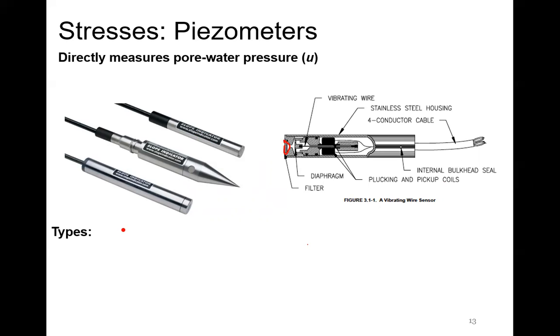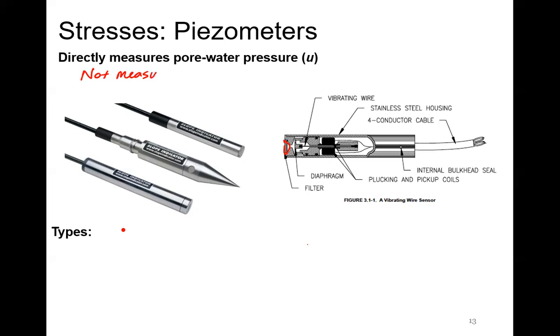And the same thing as before, we pluck the vibrating wire using a little magnet that's connected to a cable, which is connected to your data logger. And then we measure that frequency. If the water pressure is super high, then that frequency is going to be really high or really low, I don't remember which way it is. But it'll change and it can be correlated with the pressure that it's under. The important thing to note with these is they are not technically measuring